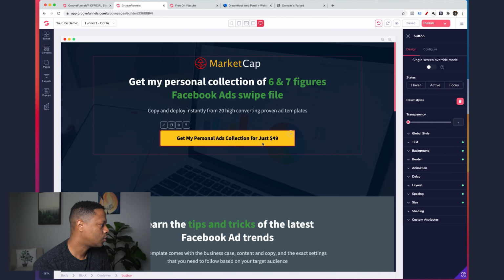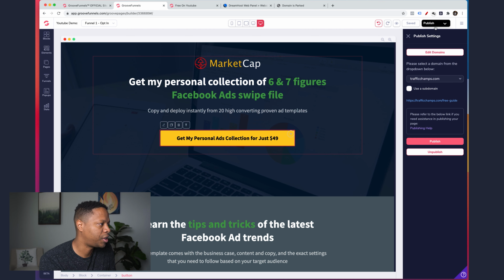So that's why we want to set that up, and let me do that and show you how to do it. So what we would want to do is create something called an in-page link. Now what an in-page link does is it's going to link to a section on the page. So we know the name of the page because if I go to publish here and I select Traffic Champs as the domain I want to use, so I can click that, and now it already gives me this whole link. I want to copy this link right here because this is exactly what we set up earlier.